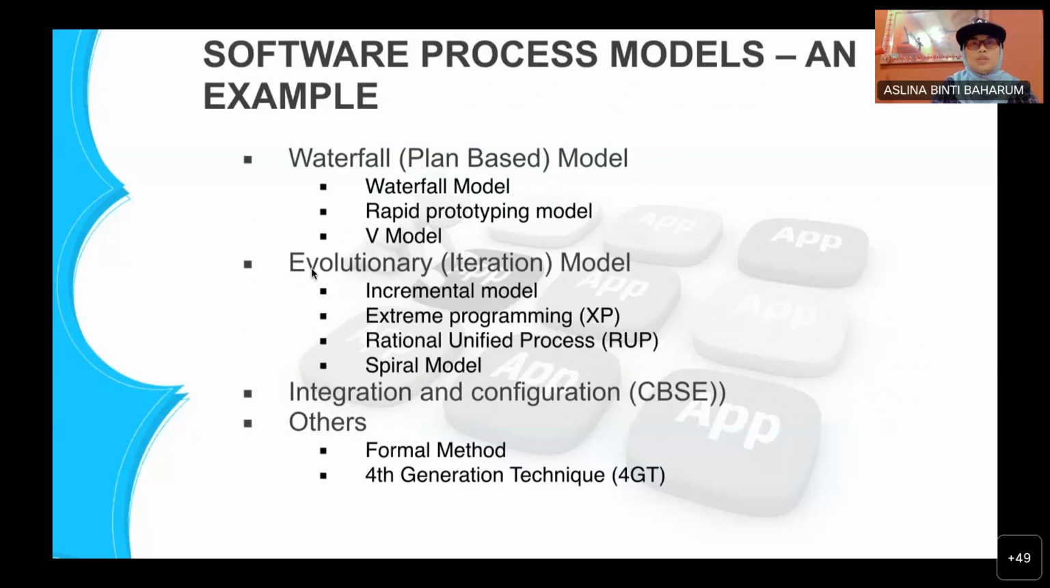Okay, so software process models, some examples. For the waterfall plan-based, of course, first is the waterfall model, second is the rapid prototype model, and then the V model. Okay, examples within the waterfall group. These three are the most common. Okay, and then for evolution, there are other examples: incremental model, extreme programming, rational unified process, spiral,